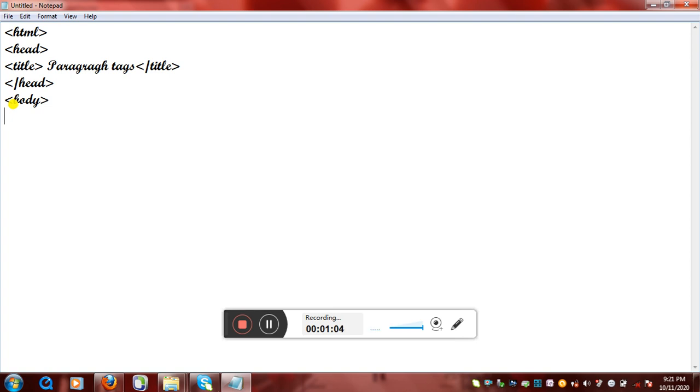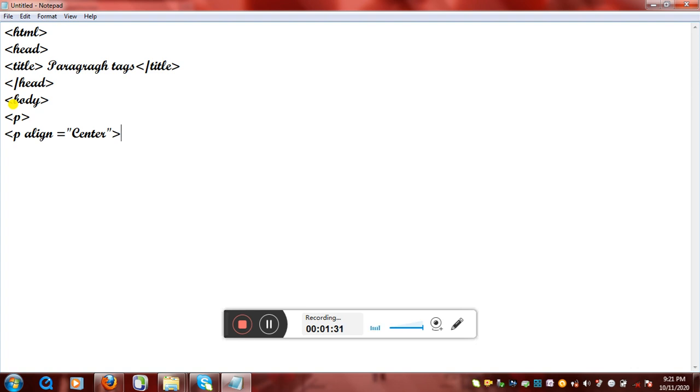Paragraph tag syntax is we have to start with P, which means paragraph, and then with P we have different alignments. So in P we have paragraph alignment. So P align is equivalent to, then whatever the alignment of the paragraph you want, you have to write that in the double quote. So P is center, then we'll close it.